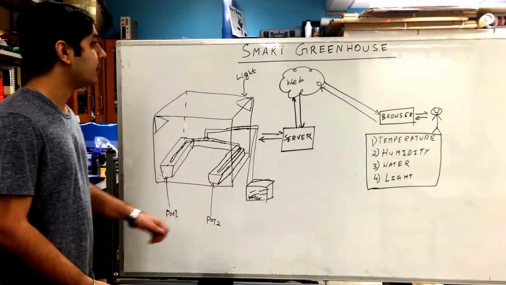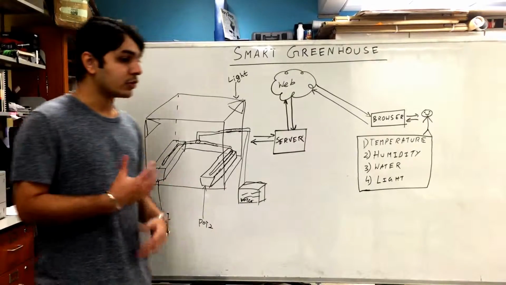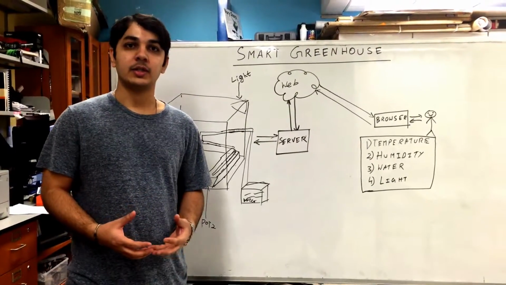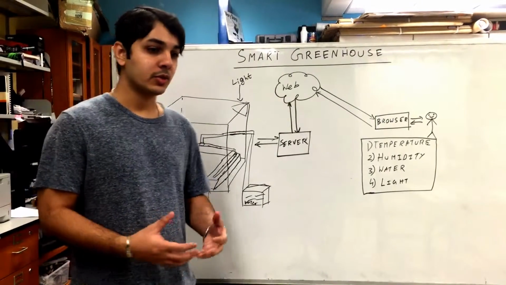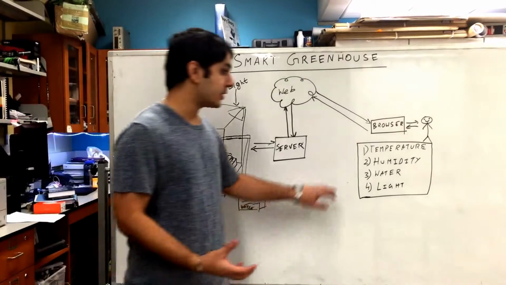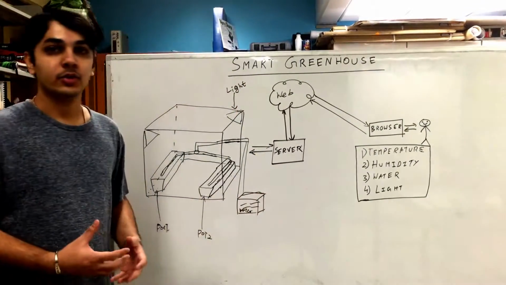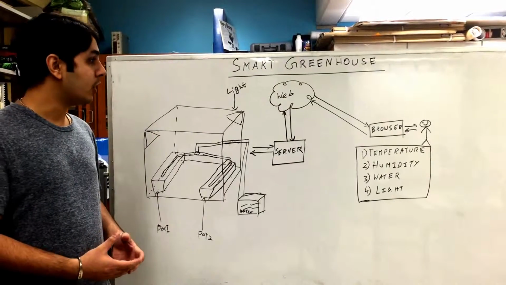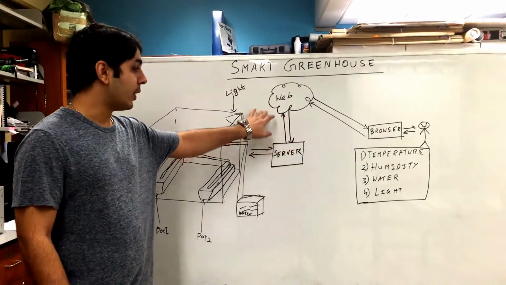What have we made for it? We made a smart greenhouse. It is basically a closed loop control system as well as an application of Internet of Things. It helps users to grow plants by monitoring important parameters like temperature, humidity, water, and light, and allowing the users to remotely control all of these parameters through a browser, which is then sent to the web and sent